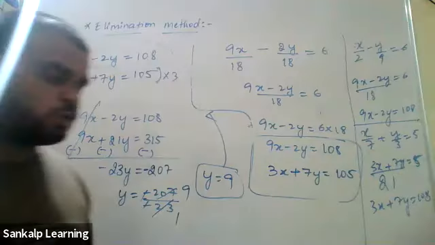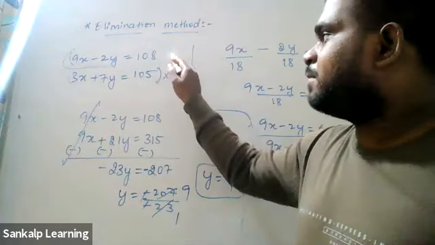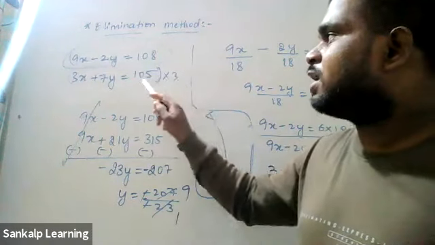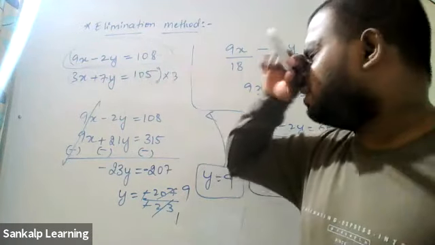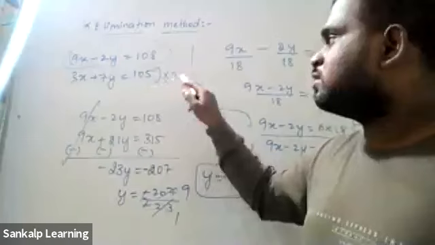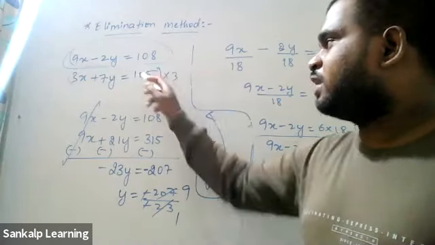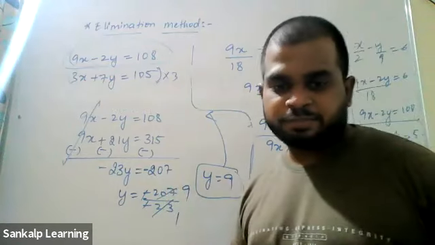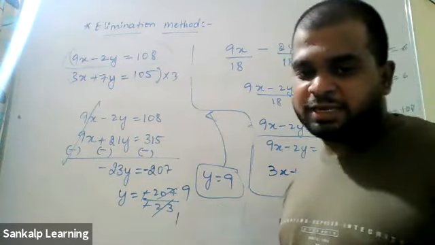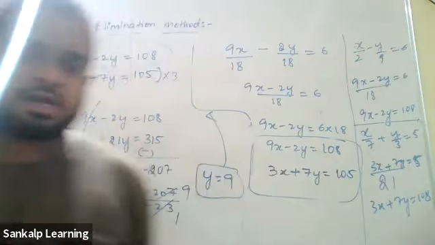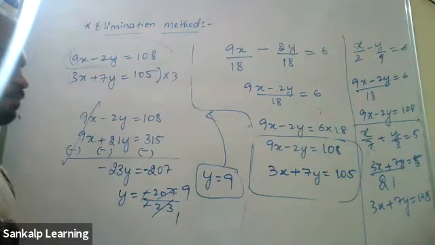So Charan, what you were doing is also correct, not a problem. You were multiplying this by 3 and this by 9. Then 3 9s are 27, 3 2s are 6, and you will get 324, I guess. Then 9 3s are 27, 9 7s are 9 into 105. If you did it that way, it is correct. X is 14 and Y is 9. Yes, Shashank, it's correct. X value should be 14 and Y value should be 9.